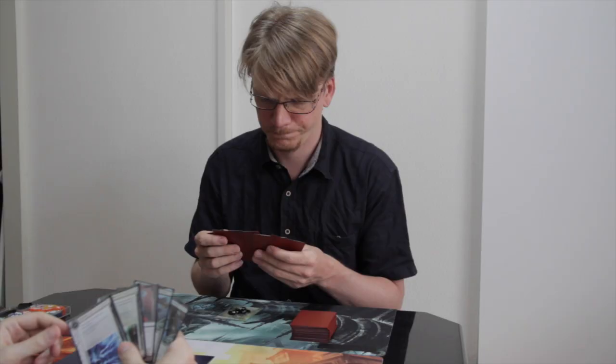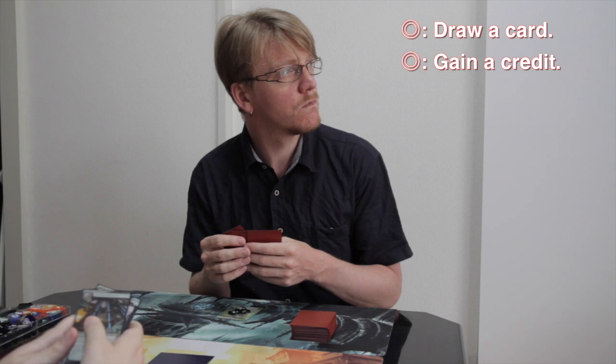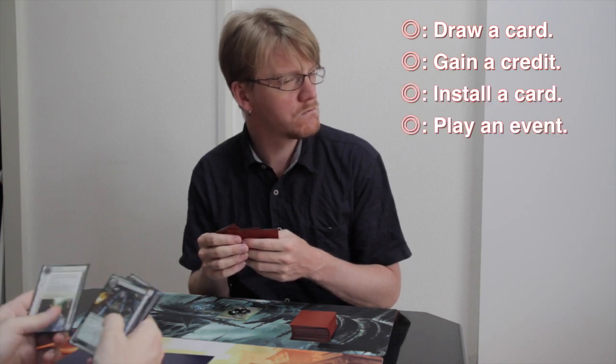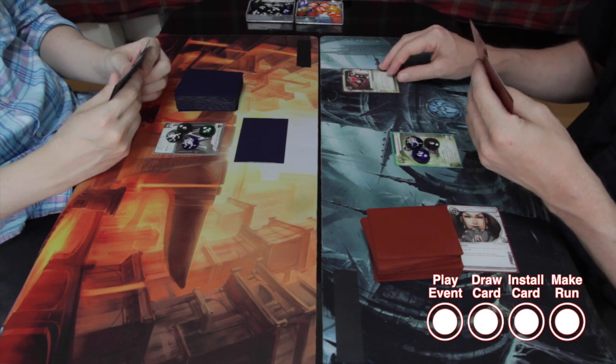The runner, a parasite on society, has 4 clicks to spend to either draw a card, gain a credit, install a card, play an event, or run. So I'll play Sure Gamble and net 4. Gonna draw a card. Play Akamatsu Run, last click on our...